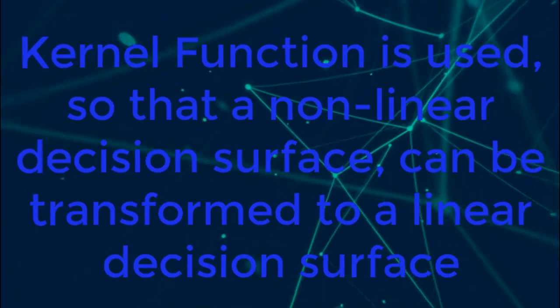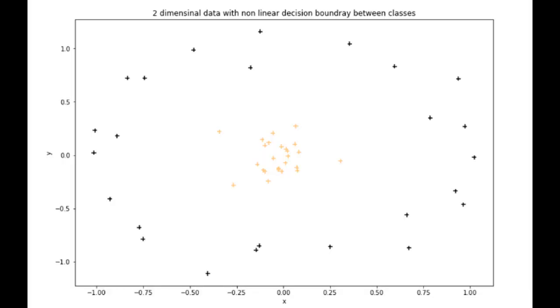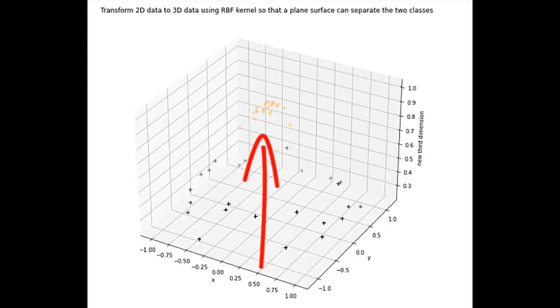For example, a dataset having a two-dimensional nonlinear decision surface can be transformed to a three-dimensional dataset having a linear decision surface using a kernel function. As you can see on your screen, the black and yellow points are not linearly separable in a two-dimensional space. However, if you imagine raising the yellow points up along a new vertical dimension, then you can separate them from the black points with a plane, which is a hyperplane in this case. This is shown in the images on your screen.